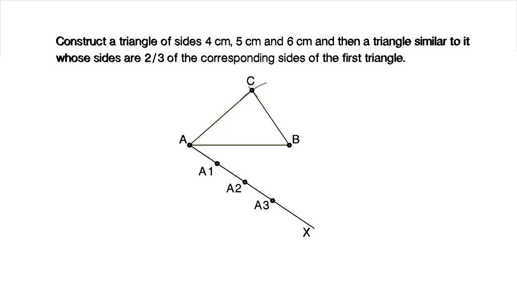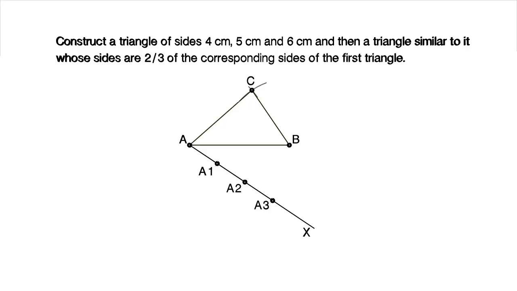So till now, whatever steps we have followed are the same for less than one type of ratio and greater than one type of ratio. And now whatever we are following is different for less than type of triangle and greater than type of triangle. So do not miss the next video, because in that video I am going to discuss how to draw a similar triangle when the ratio is greater than one type.